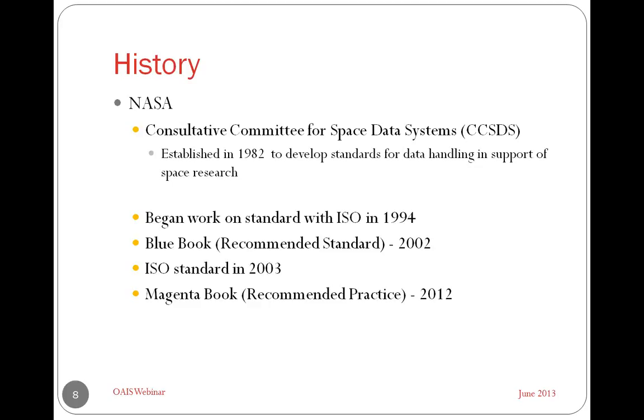Beginning in 1994, the committee worked with the International Standards Organization to take what had been developed and evolve it into an ISO standard. In 2002, OAIS had become a recommended standard, which was designated by a blue book, and in 2003, OAIS became an ISO standard, ISO 14721. The most current version, the Magenta book, was revised in 2012